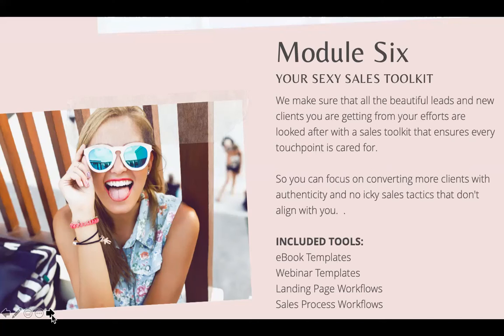In the Social Superstar formula, it's all about authenticity, what is going to work for you, your business, your unique circumstances, and your clients, so that you can connect with the right people and work with the people that you want to work with. We also look at client care and how you manage people after they've purchased from you, so that you can keep those people happy, because you know what? It's easier to keep a client than it is to find a new one. So we look at people at every single stage of the purchasing journey.